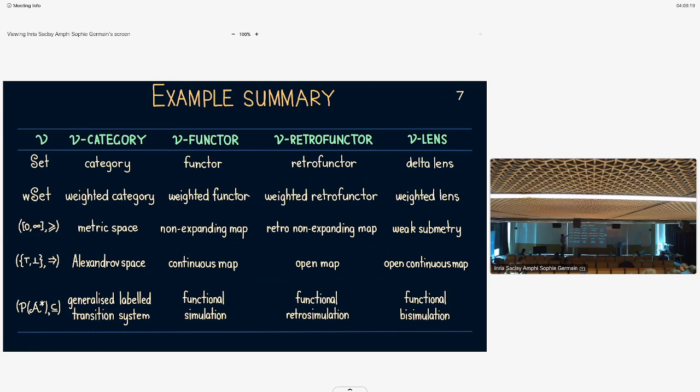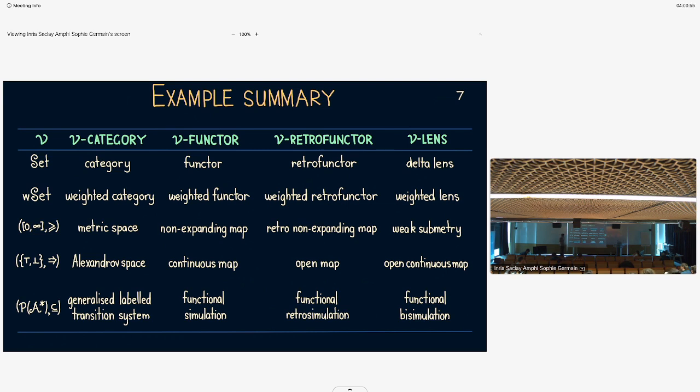For weighted sets, we get the weighted variants of all of those. For the real numbers between 0 and infinity, including infinity, with the appropriate order, you get the Lawvere metric space examples. If I pick the interval category, so you think of the objects as true and false, with the unique morphism, and the morphisms as like implication, then you get the Alexandrov discrete spaces, or the pre-ordered sets, depending on how you want to think